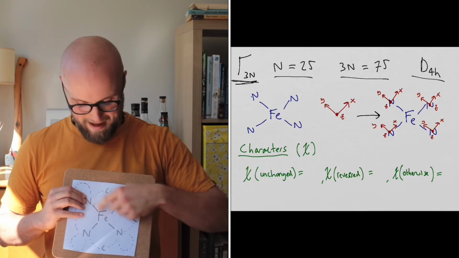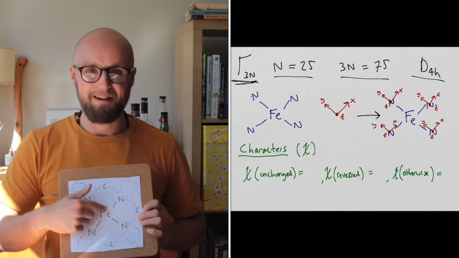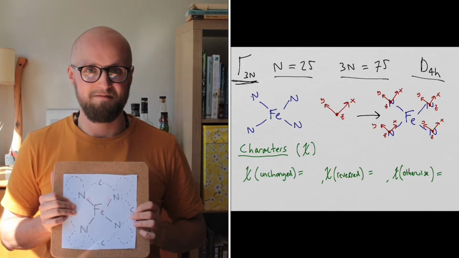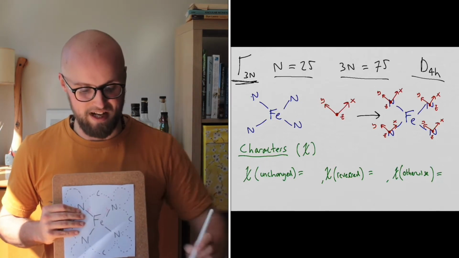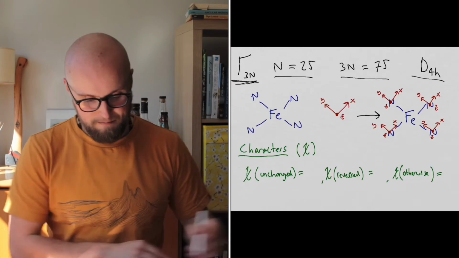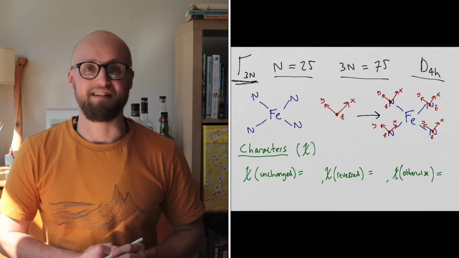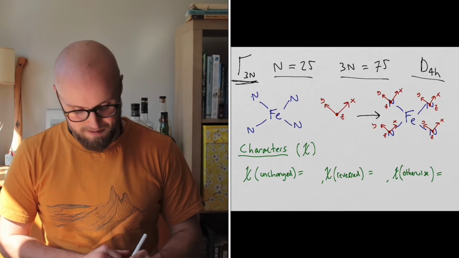So here I've got my Y and my X axis, and I've got to look at how they change when I apply a symmetry operation to those axes, right? And there's 3 ways that they can change. So if I have an axis somewhere and I apply a symmetry operation and it doesn't change, that contributes +1